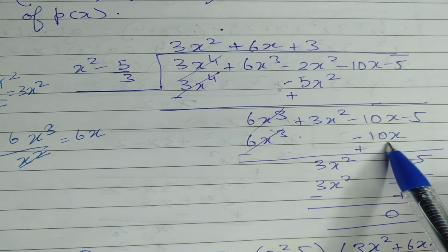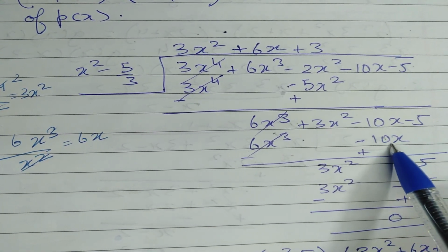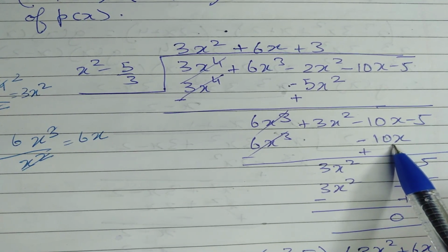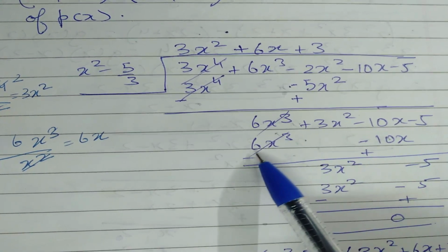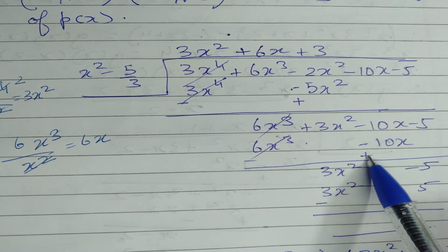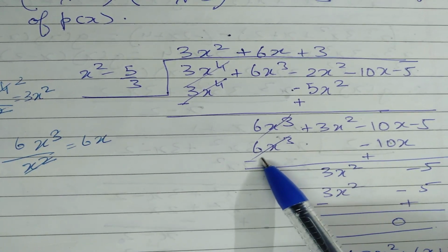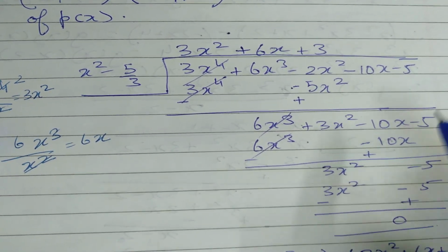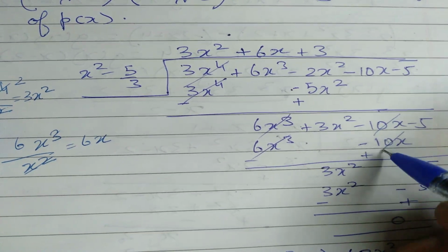Now the x term is supposed to be written below x and not below x square. So since we had x in that term, it is written below x. Now the sign changes. This was positive, becomes negative. This is negative, becomes positive. So this cancels out, and here also this is minus 10 plus 10. So even these two terms cancel out.